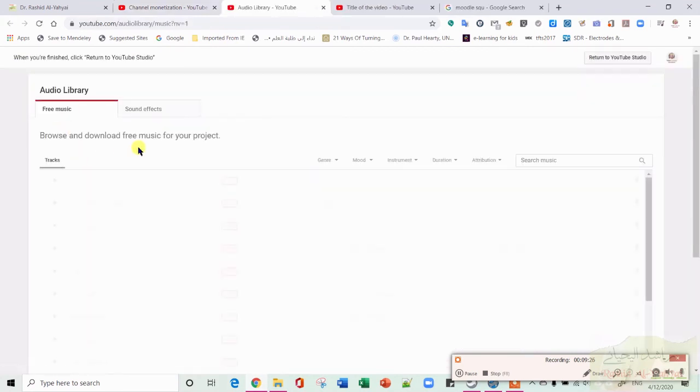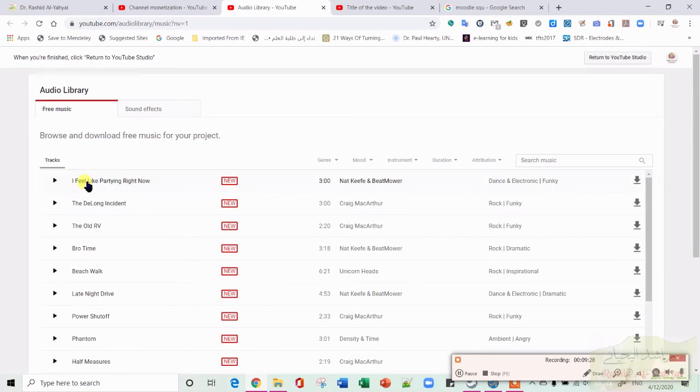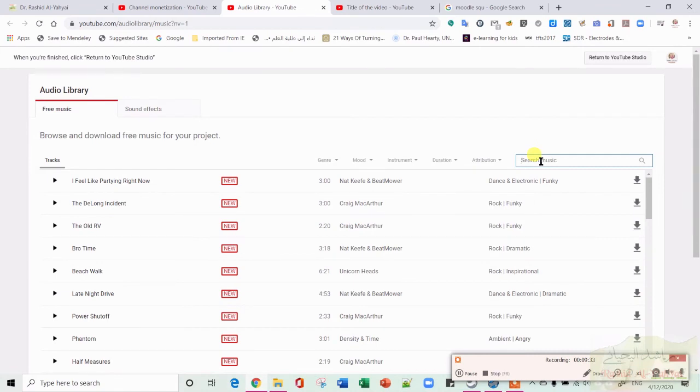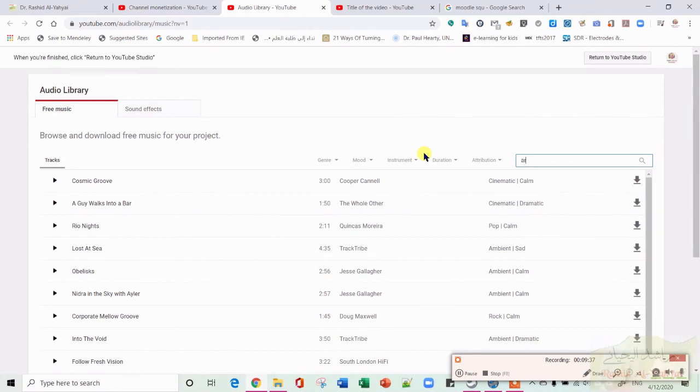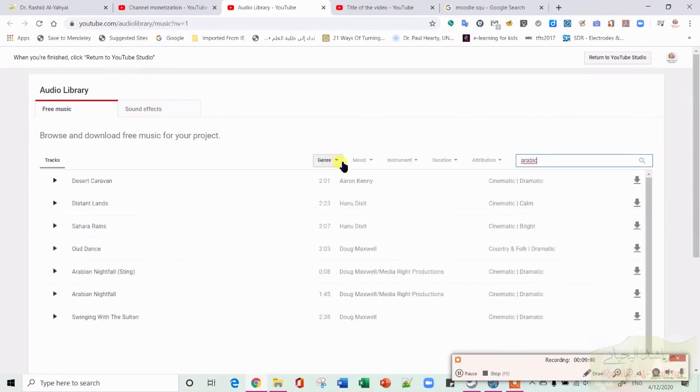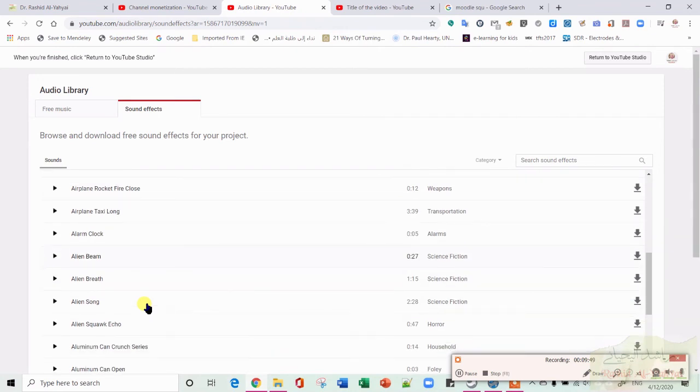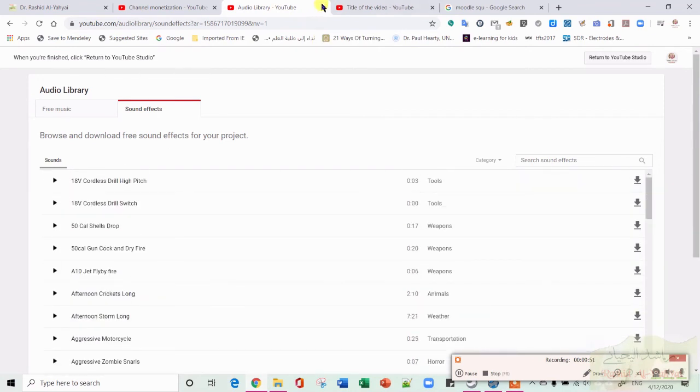YouTube also provides plenty of audio for you to use for free. You can browse through all this audio. You can search any kind of music you like. For example, New Age. I don't know if there's Arabic, but we can try and see. Oh, there you go. There are a few Arabic music tracks, as well as sound effects, any kind of effect, clapping or anything that you like to add to your video. And those can be either downloaded or inserted